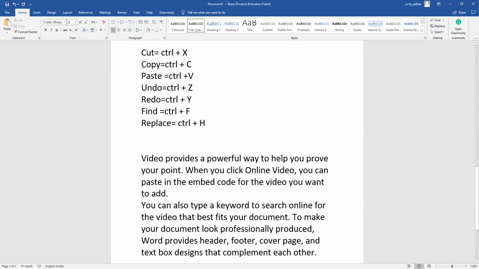First, I'm going to tell you how to cut text from a particular paragraph. What we have to do first is select the text.